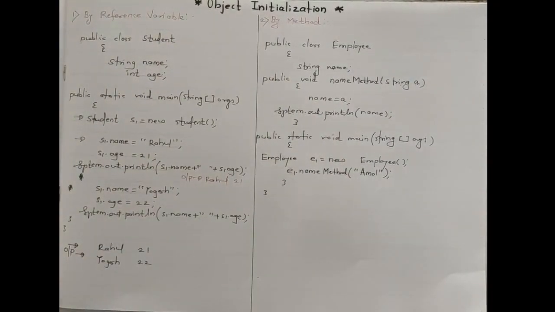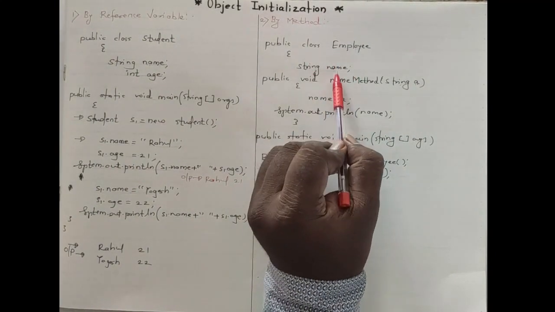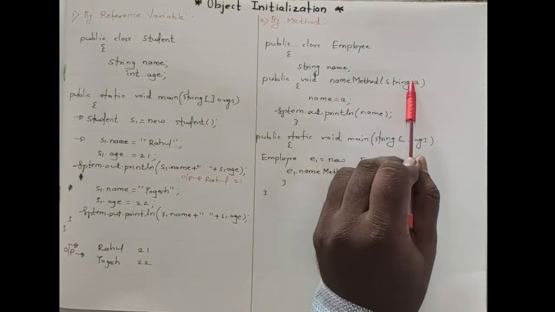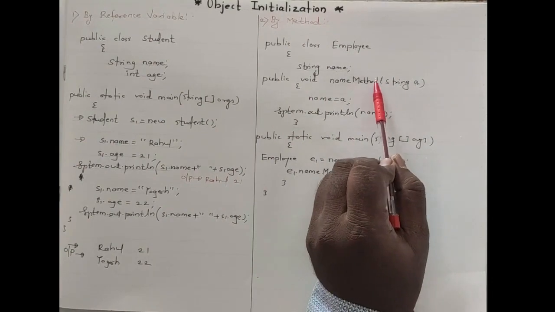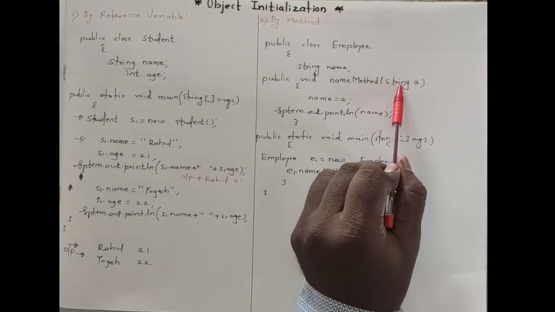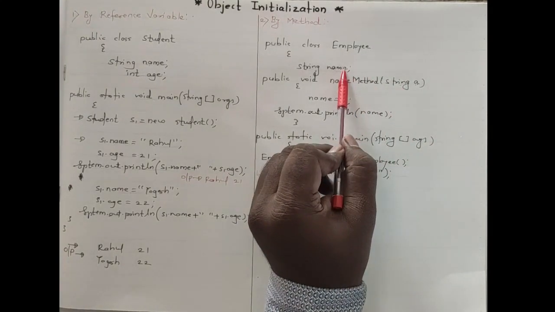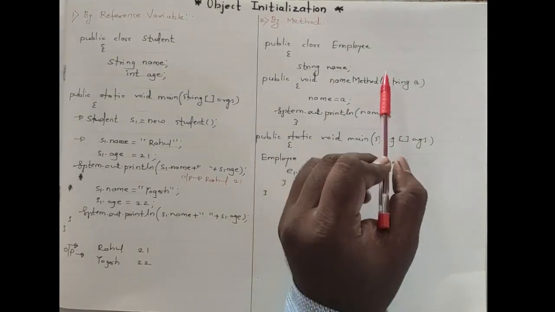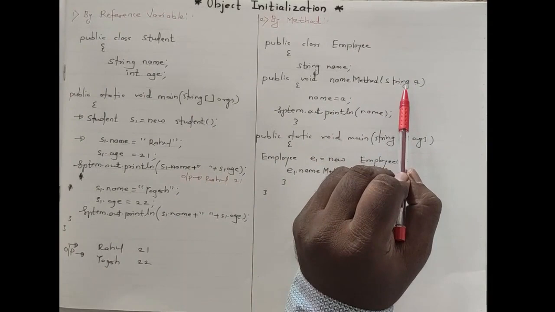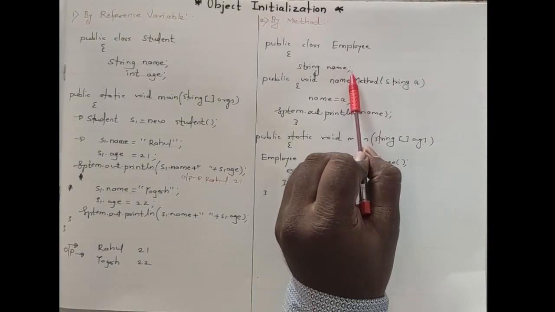You can simply observe what I did here: created a class Employee, declared a variable, then by using a user defined parameterized method. Why am I using a parameterized method? Because I am passing, or initializing, that variable by using a method. Hence a parameterized method is needed here. If it is a non-parameterized method, in that case we cannot pass or initialize an object or variable.